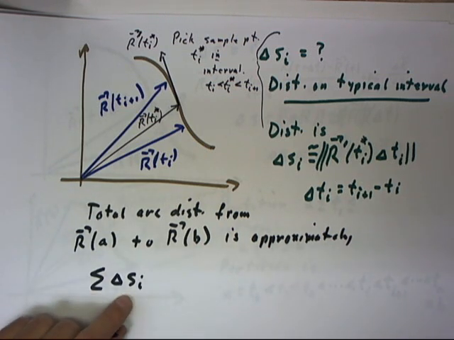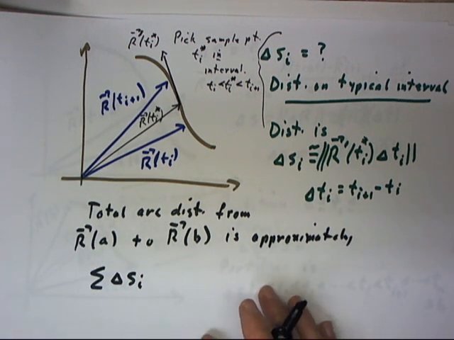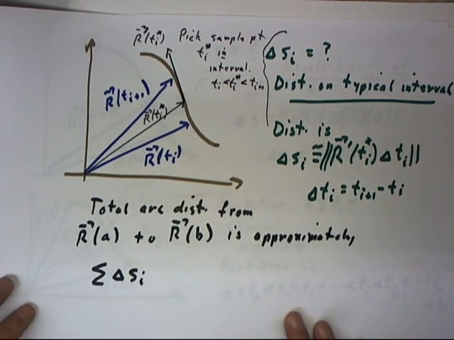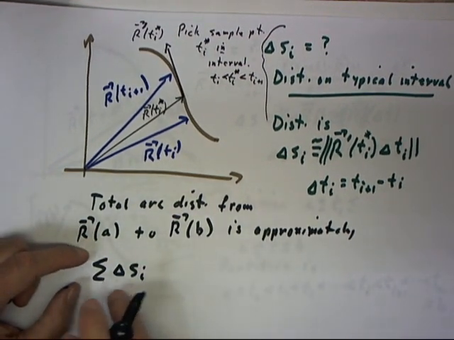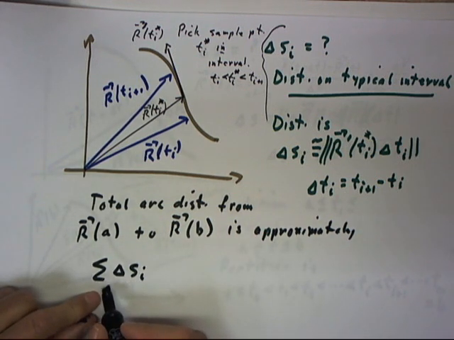And we're adding these delta s sub i's over all the intervals. I'm not going to throw in the subscripts here. If we want to get rigorous, we're going to have to be just a little more careful. But this is the structure of the argument we would use. So we add up all the delta s sub i's,